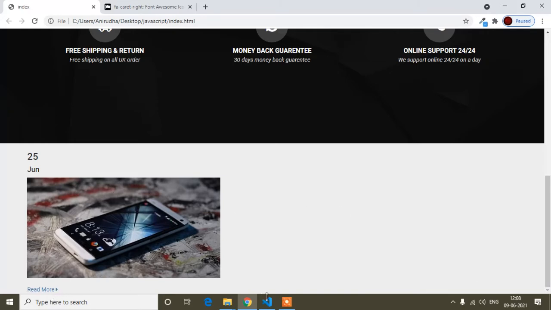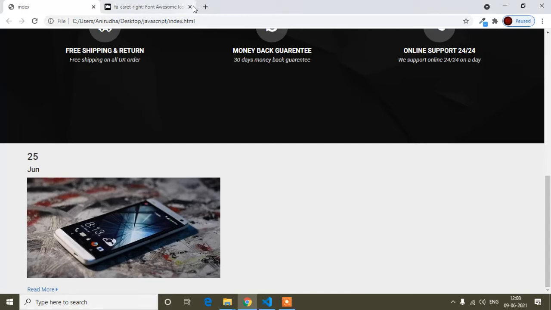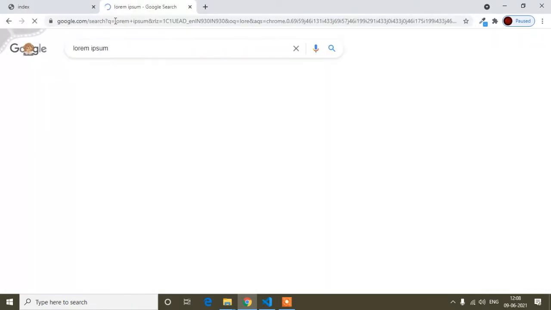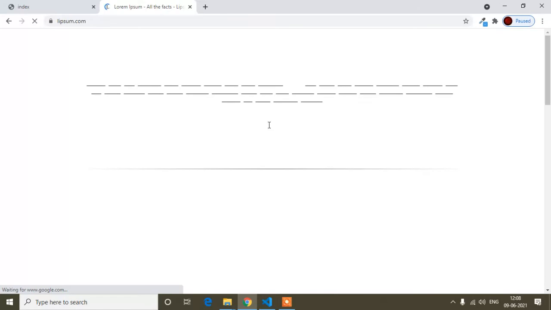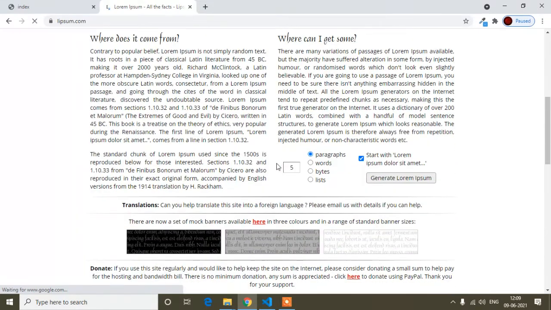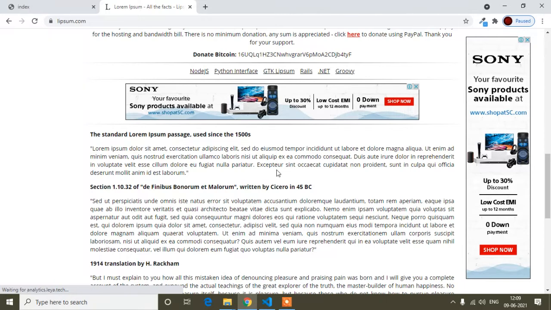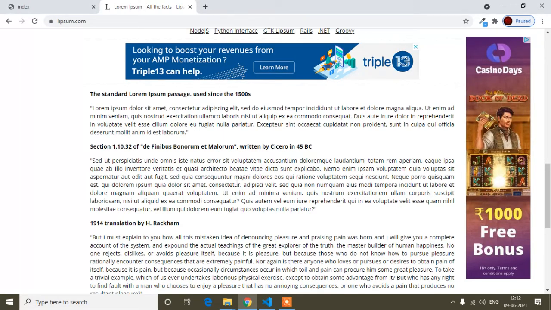Okay, and now here I will add content for the h2 tag and p tag. So here just I will close this one, and instead of that here I will write lorem ipsum. So Lorem Ipsum is the site where you will get free content. Free content means, guys, if you use this content in your website, you will not get a copyright issue. But if you get content from any different website and publish your website on a server, you can get a copyright issue and your website may be disabled. So guys, for that reason we use Lorem Ipsum.